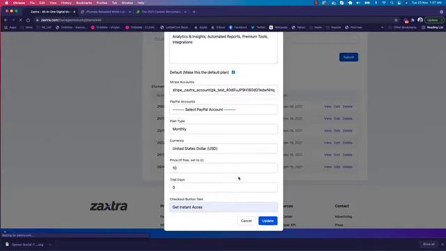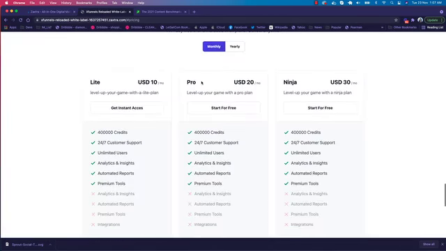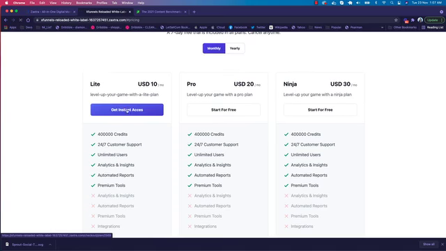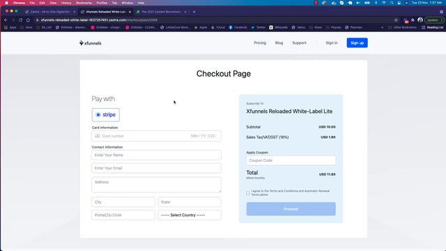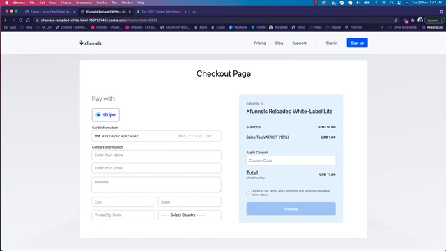You can click on update, and when you come back to the pricing page, you will see this page has been changed, the get instant access now, and it has all the features and excluded features list. And if you click on get instant access from here, you'll be redirected to the checkout page. Right now we have connected our Stripe account only, so we have Stripe here, but if we connect our PayPal account, it will show the PayPal and Stripe both. Okay, we can try with the card number, like I can try with my test card number.